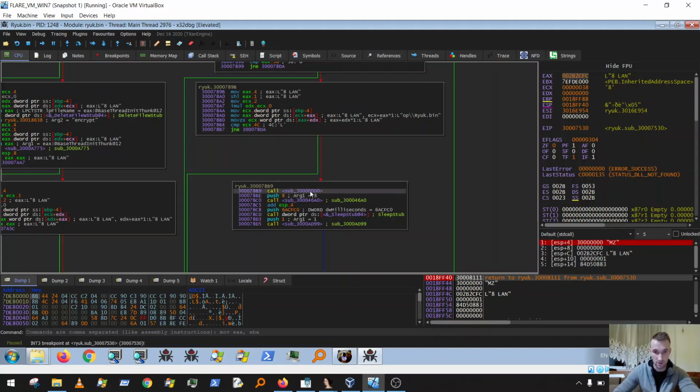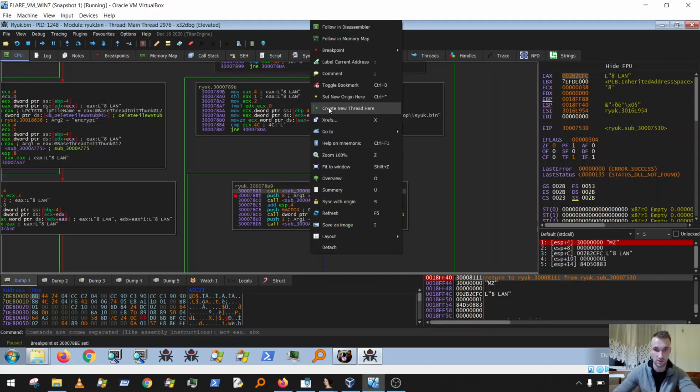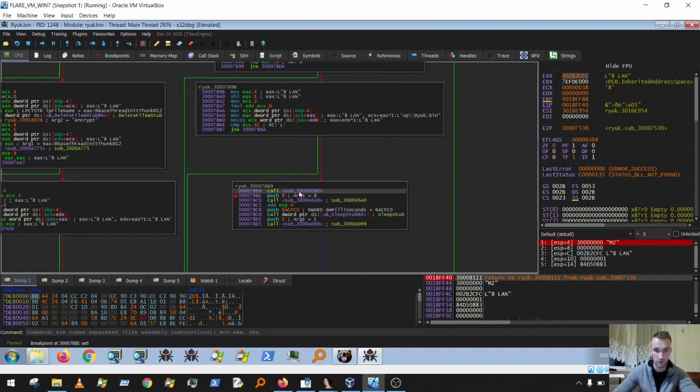And here you can see the call to our API resolving function, and here is the address where we have to set our breakpoint, because our API addresses will be already populated in memory. So we put a breakpoint here, set a breakpoint, and we can follow the API resolving function address,